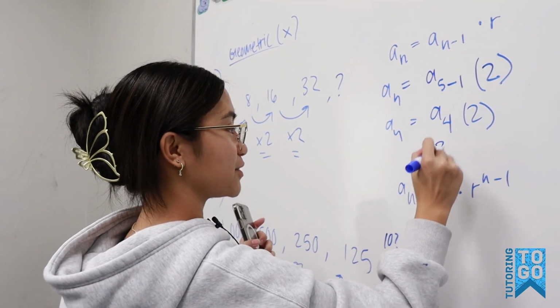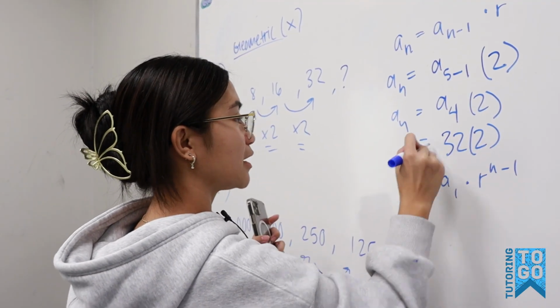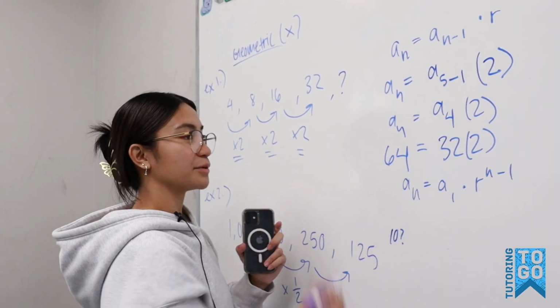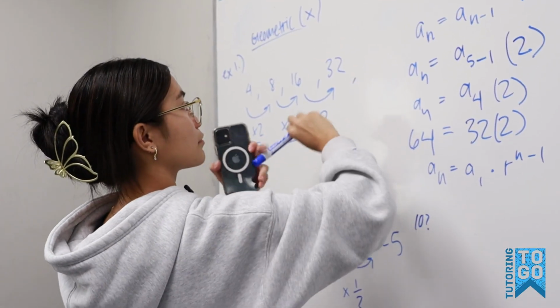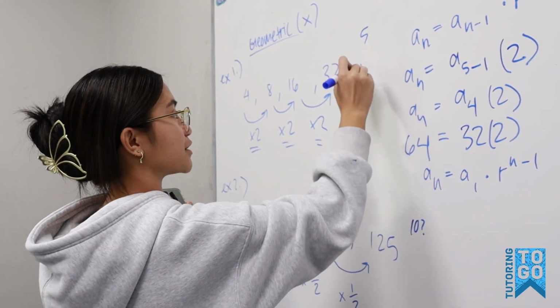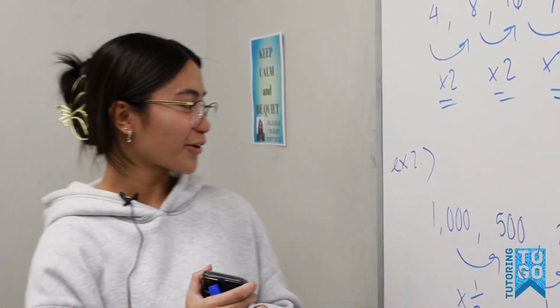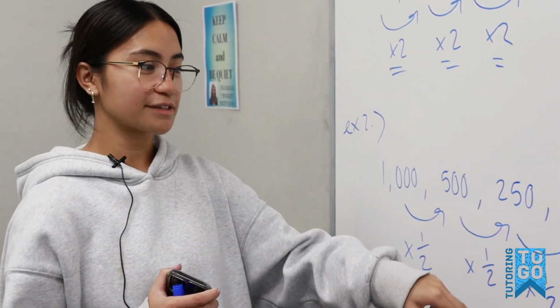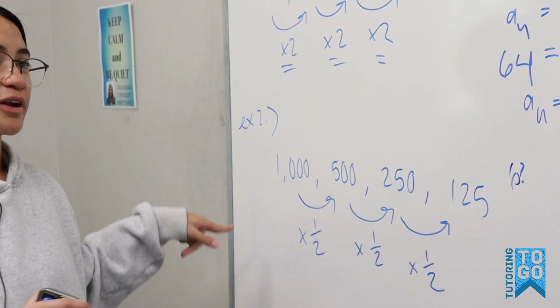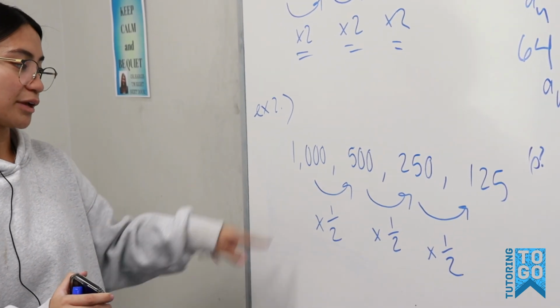So we have 32 times 2 equals 64. So we can say the fifth term is 64. And for our second example, we have 1,000, 500, 250, and 125, where the clear common ratio is